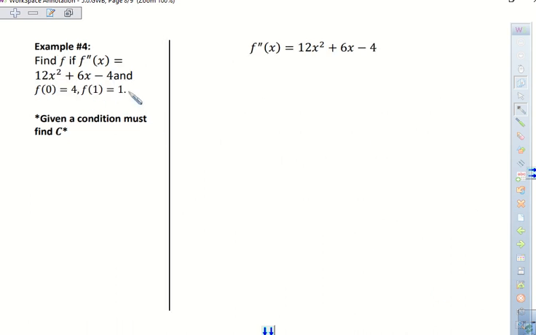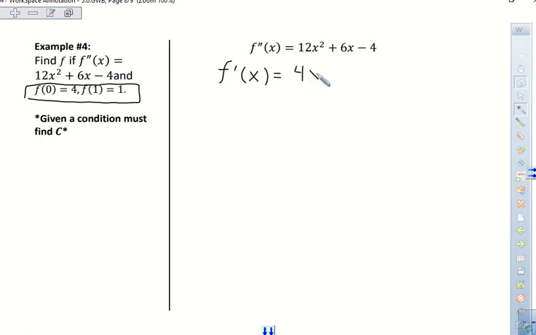So the next one's a little bit different because they didn't give me any values for my derivative. They only gave me 2 values of my function. So a little bit of a tip. If it's a second derivative, they're going to have to give you 2 sets of information to find the missing constants, right? Because there's technically 2 constants that are coming about. It may be 1 derivative, or it could be 1 derivative and 1 function, or it could be 2 about the function. So step 1 is we're going to find the first derivative,